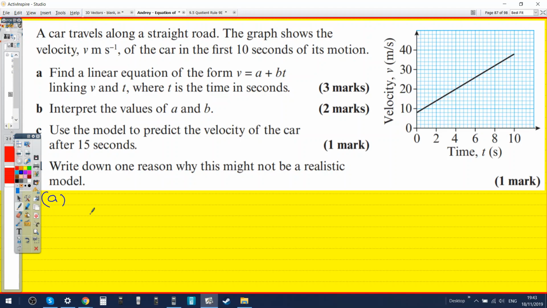Is it 10 equals to... Do I need to find the acceleration? Do I need to find like the difference in gradients or something like that? Okay, go on. So do I need to find the gradient? I mean, not difference, but the gradient. Yeah, the gradient. So would I then do something like